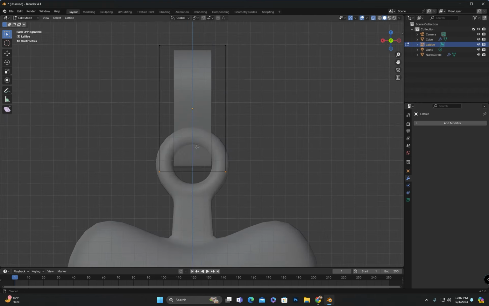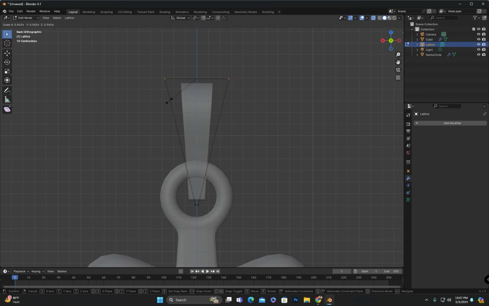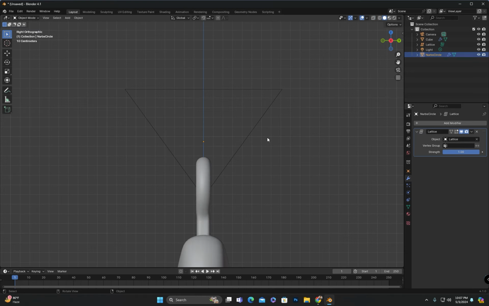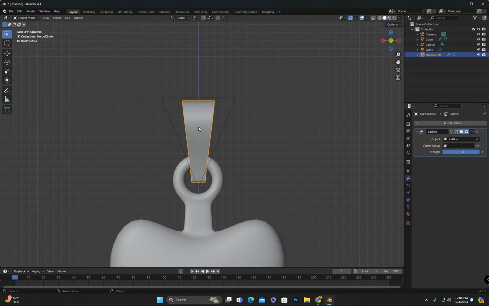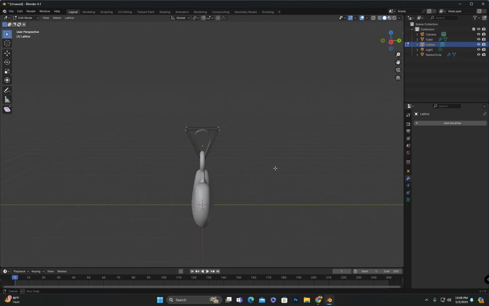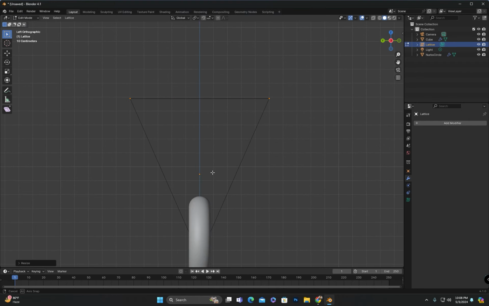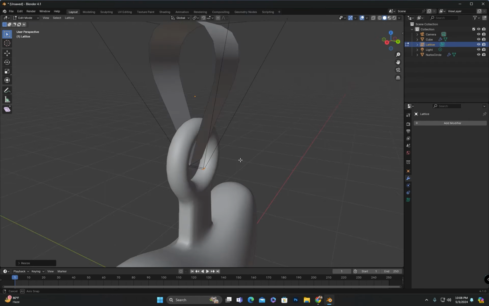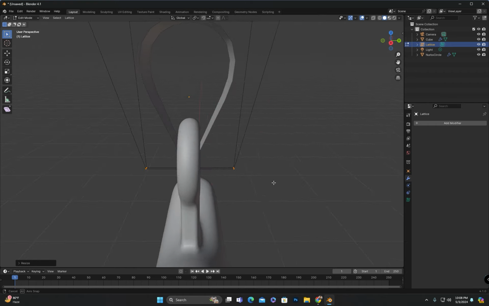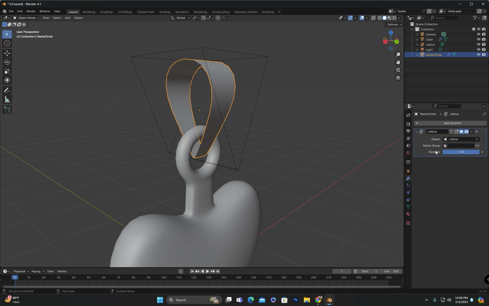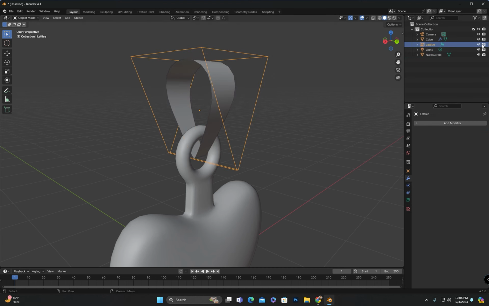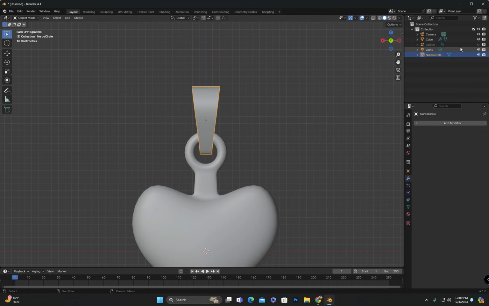Now I will enter edit mode for the lattice and adjust its shape according to the required design. Then I will apply the lattice modifier, and you can hide or delete the lattice object afterwards.